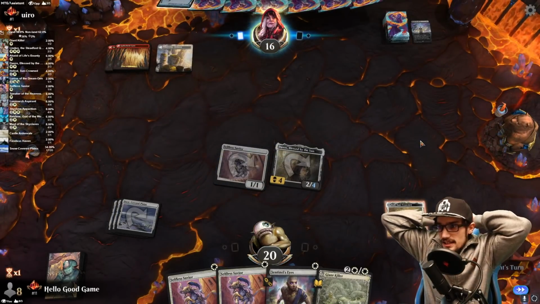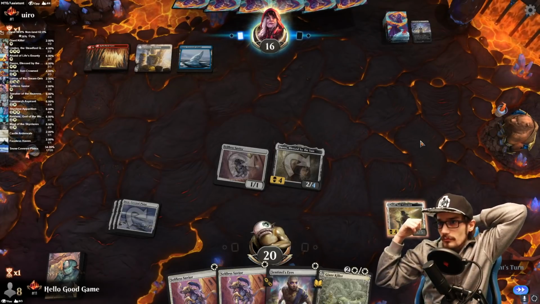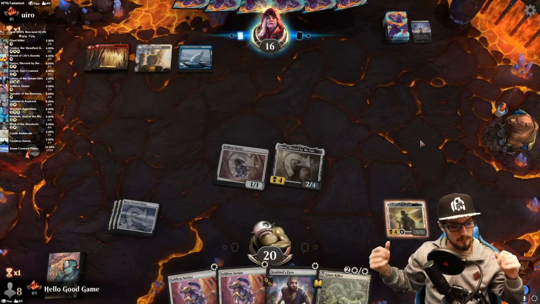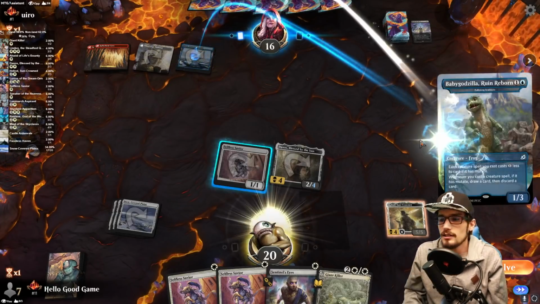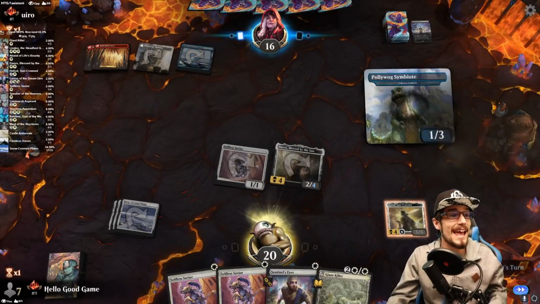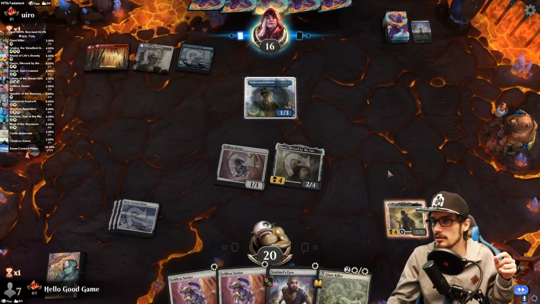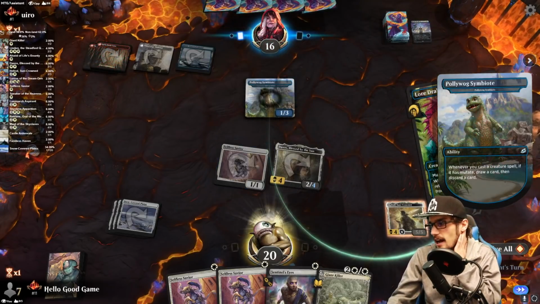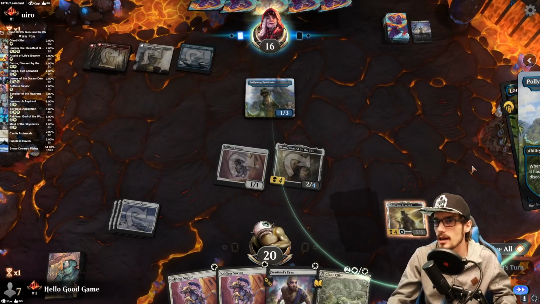So when we sac the Savior, it triggers Daxos, which triggers Heliod. I have 4 mana. I'm freaking out. This is worse than playing CGV. Oh, they're playing that combo, that mutate combo. Good on them. Nice. I don't know at what point this combo kills you, but we faced this combo a few times on